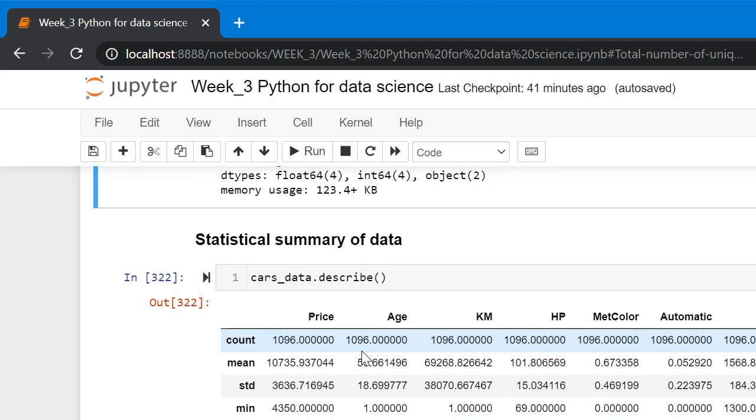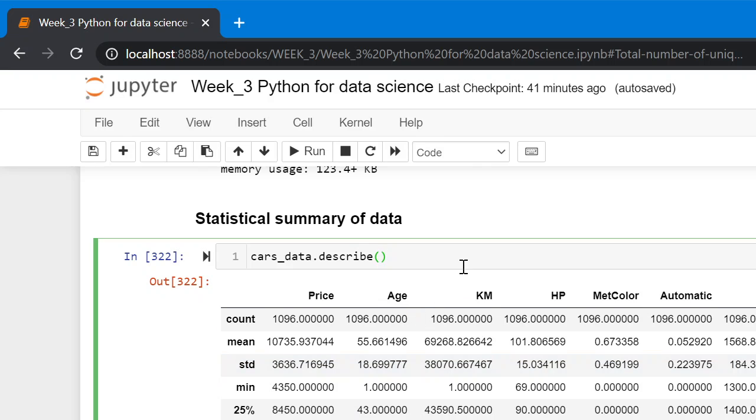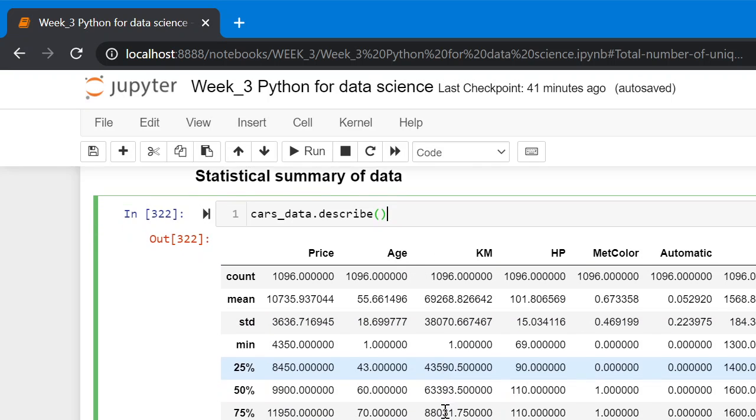To see the statistical summary of data, we can use pandas data frame method called describe. This gives the summary of the data, the min, max, the 5 number summary, and mean and standard deviation and the count for all the numeric data.